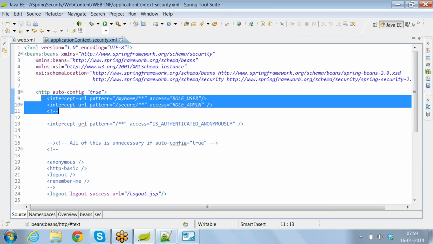The Spring Security module is designed in such a way that it can fetch the data from the users and authorities tables, and use that information to validate the user as well as authorize the user, so both validation and authorization. Validation means authenticating the user, checking whether the details supplied by the user are genuine or not. Validation, we call it authentication. Authentication and authorization will be done by Spring Security with the help of those details, which are stored